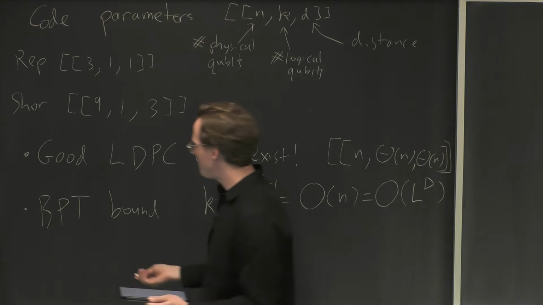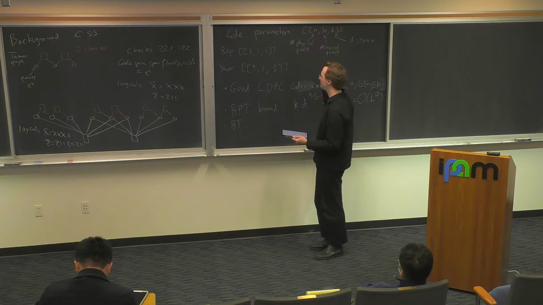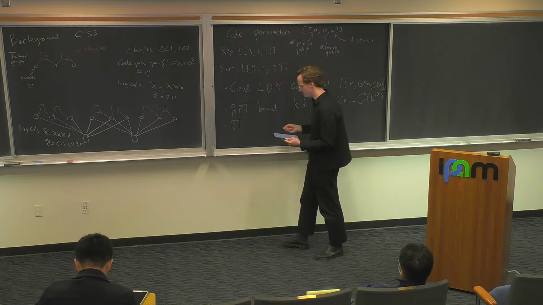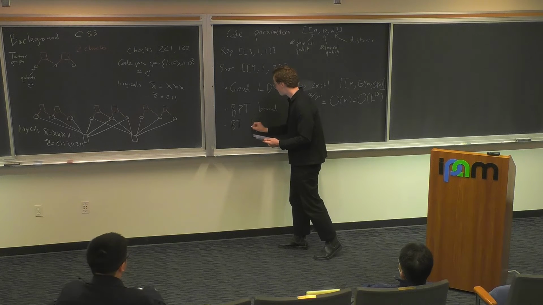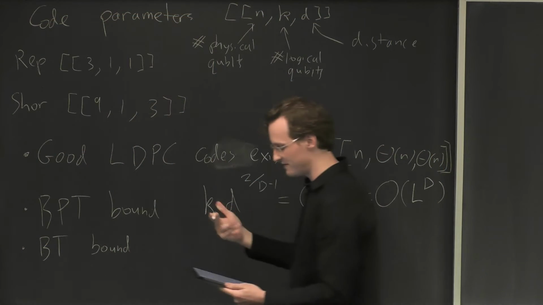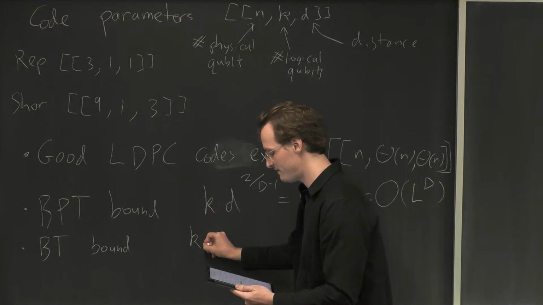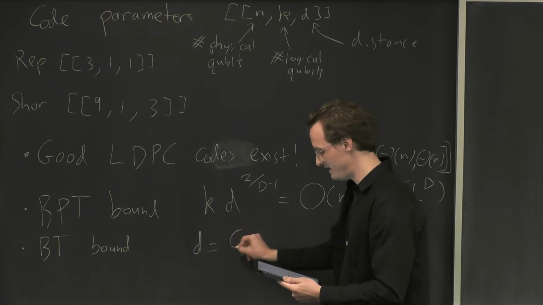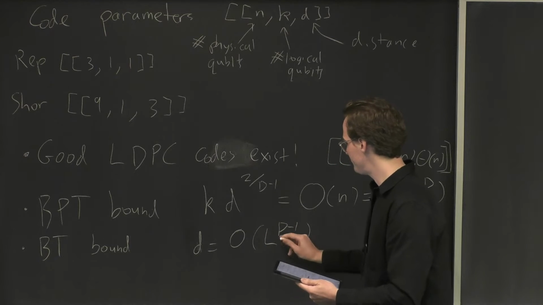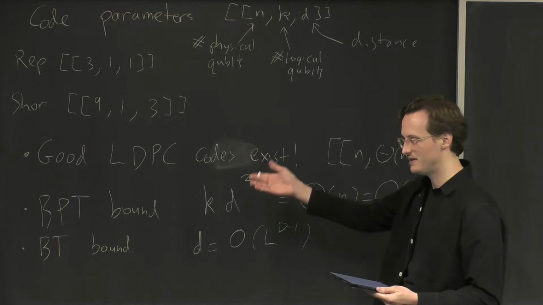Good. And there are a couple of other versions related to this that I kind of like, that I think are a bit easier to think about for explaining where these saturating results come from. One is the Bravyi-Terhal bound, which is only telling you about the distance, again, of topological codes. And it tells you that the, sorry, I think I have this backwards. The distance is bounded by codimension 1. So your logical operators can never fill all of space. If you want to have a quantum code, they always have to be at least 1 dimension less than the